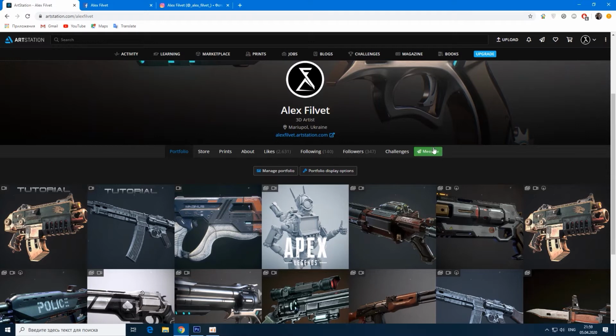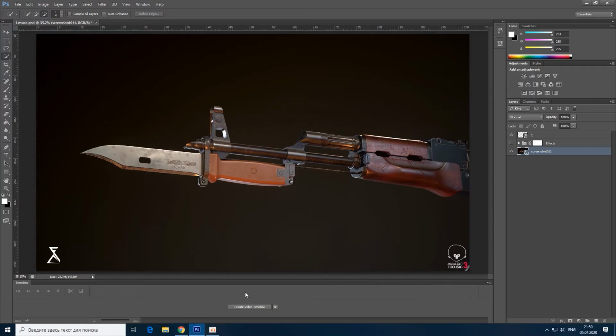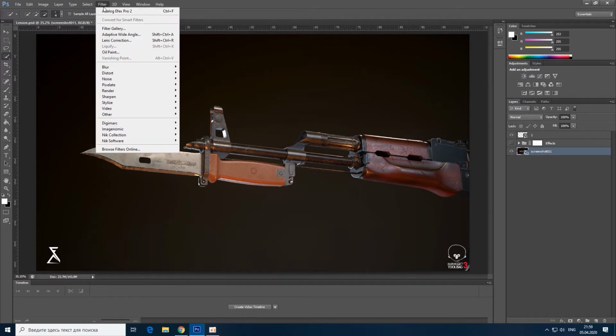First of all, let's open our Photoshop. At the end we should get this result. But at first you should download a plugin for your Photoshop, Nik Collection, right here. And now let's start